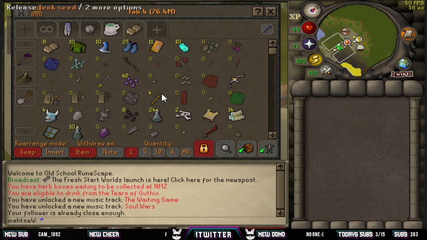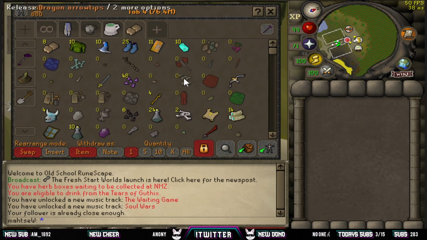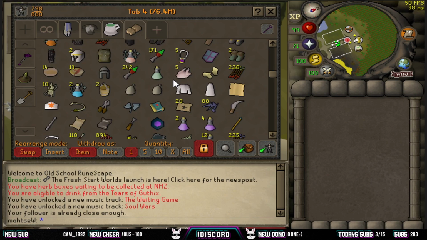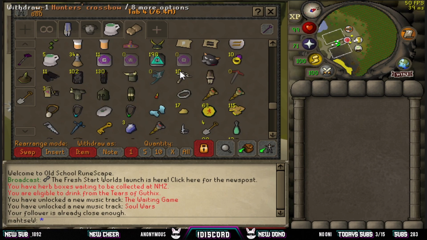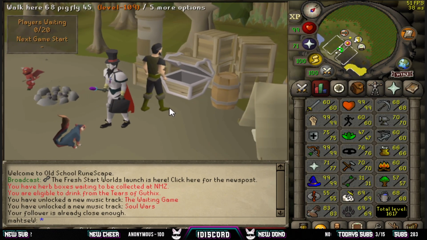If I'm honest, whenever I kill someone, I kind of just dump all of that shit into my bank. It goes into bank tabs. I could not tell you what's worth 100 mil in here. I genuinely could not. And I will probably never be bothered to actually sell it until it accumulates to a